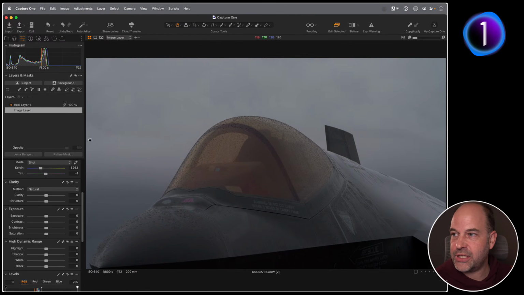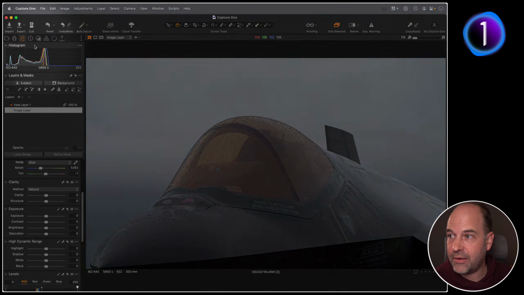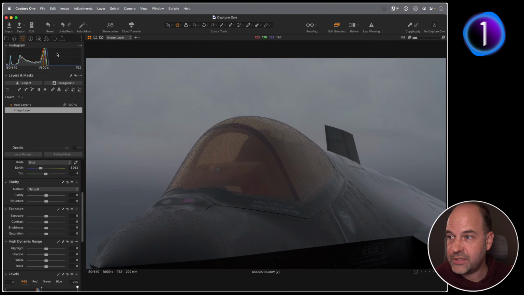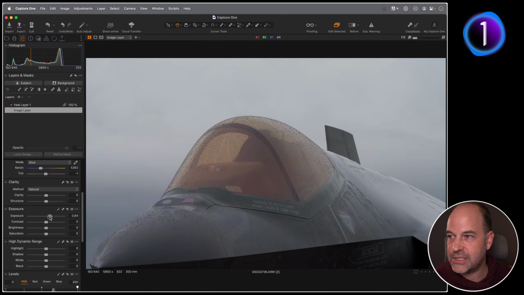So looking at this picture, if we ignore what we're looking at, we can see the histogram up in the top left. We could probably think, without even looking at the picture, this is a little bit underexposed. So if we were to bump it up to what would be the correct exposure, I find that I actually preferred it looking a bit dark and moody and sinister and everything.